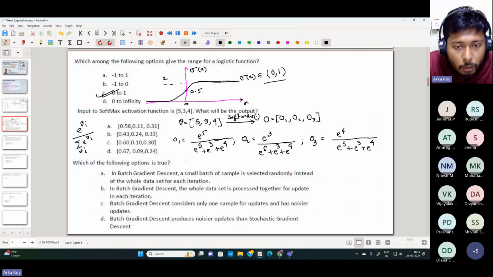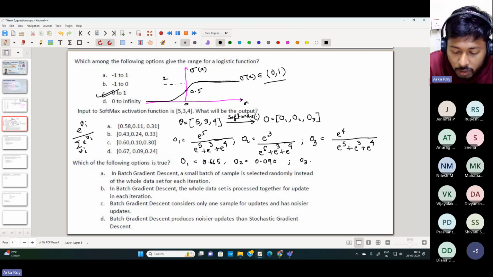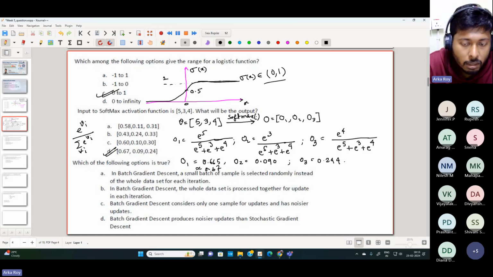So if you just solve it over here, the value that we'll get is 0.665. O2 will be 0.090 and O3 will be 0.244. So over here, you can see that option D is the nearest solution. So you can just write it as 0.67. You can approximate it. So option D is the correct answer. Then the next question states that which of the following